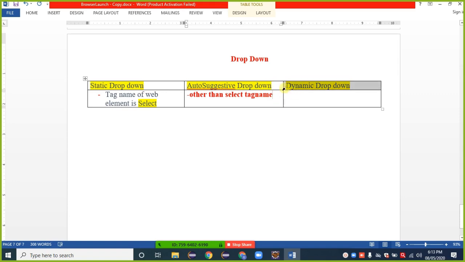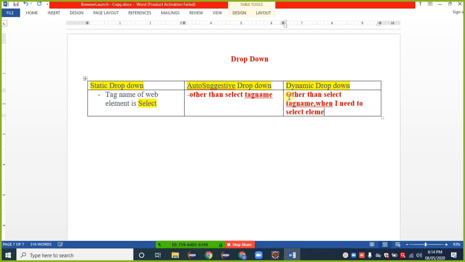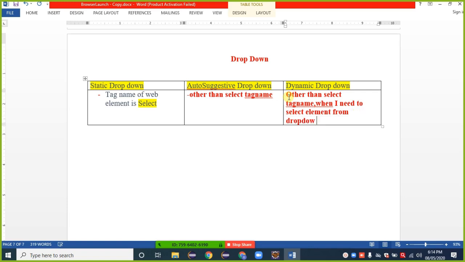Then the last one, a dynamic drop down. Similarly, the tag name is not select, and when I click inside that one, the total list gets open. When I need to select an element from the drop down, the total list gets open in front of us.